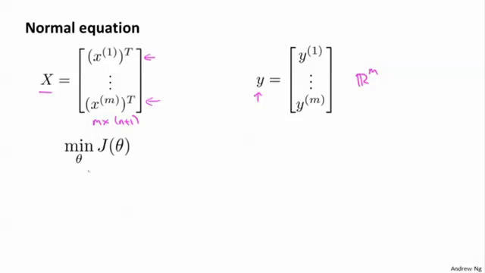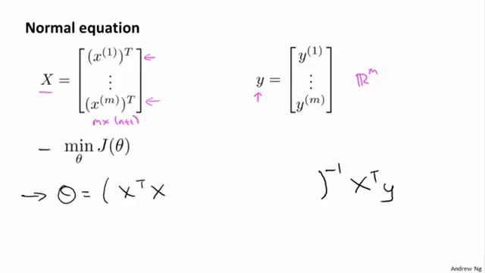And in order to minimize the cost function J, we found that one way to do so is to set theta equal to X transpose X inverse X transpose y. I'm leaving room here to fill in stuff, of course. And this value for theta minimizes the cost function J of theta when we were not using regularization. Now that we are using regularization, if you were to derive what the minimum is,